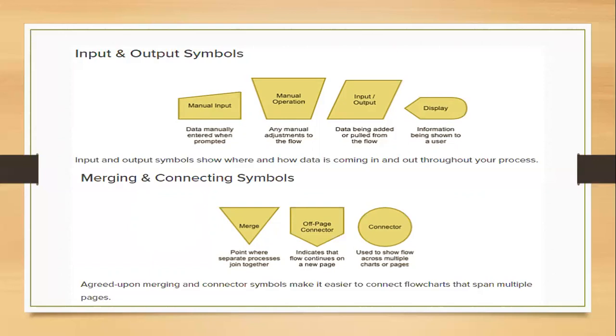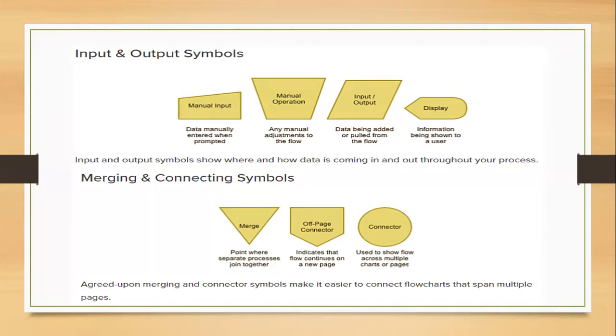Next is manual operation. When the operation is done manually, that means there is no processor in the system to deal with the particular input. We have to carry out our process manually. Then we have a symbol of manual operation as well. Next thing is input output, that I already discussed: if there is any process that acts as an output for another input process, then the symbol is represented as a square, but an inverted one. Displaying information to the user that will be processed by the system is also represented with the display symbol.